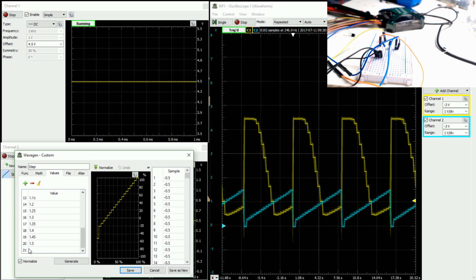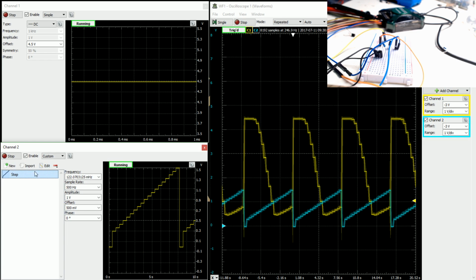And I just wanted to see, so these are the actual values I wanted to see. Then I hit normalize, and then I had to go in and shift this whole thing down. And when I actually implement it, I offset it by 500 millivolts. So anyways, the general output here goes 0, 0.6, 0.65, 0.7, 0.75, 0.8, and onwards up to 1.5 volts. And what we see here is basically, so this yellow one is